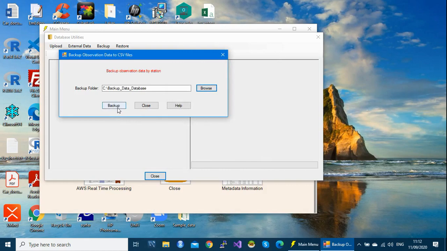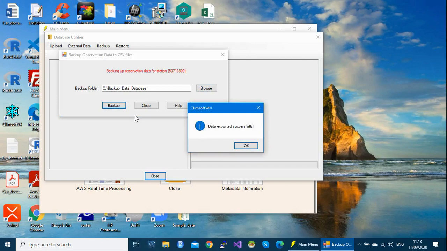Once we click on the button backup, the process will start immediately. So let's click on the backup, and as you can see, it is starting the process. It is very fast. So it has done. So what happened here? This process has backed up data into that folder, and this backup is done station by station.